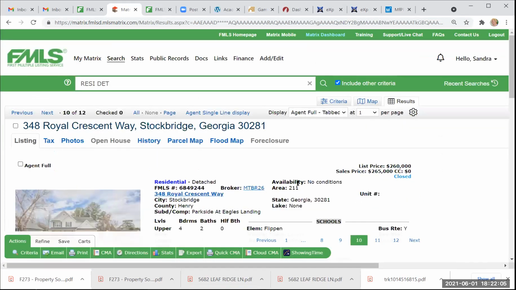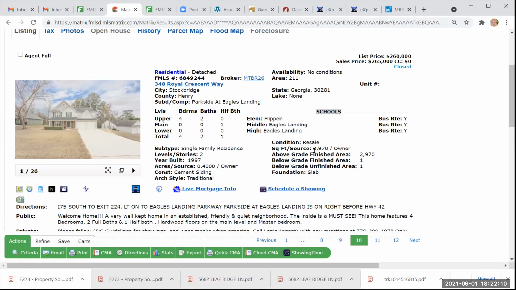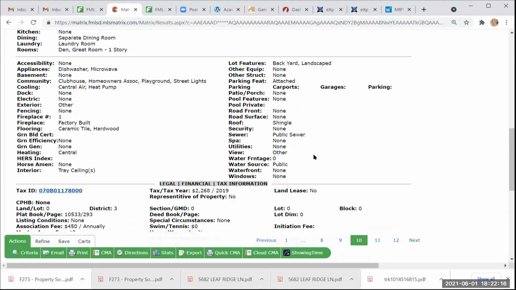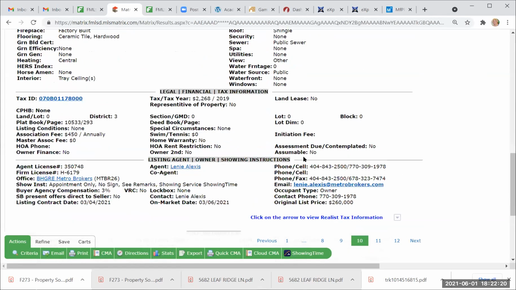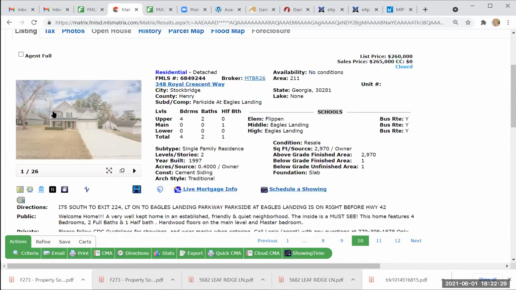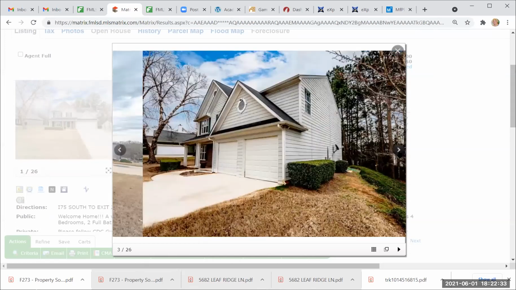That's Eagles Landing. Okay, that's two stories. Look at that square footage, 3,000 square feet. Wow, that's a lot bigger too. Way out of the range. No basement. Let's see. And this was just March. That's close enough. And so I think, yeah, that was the main thing that made me say it's not